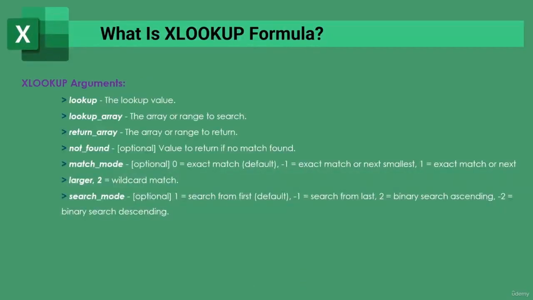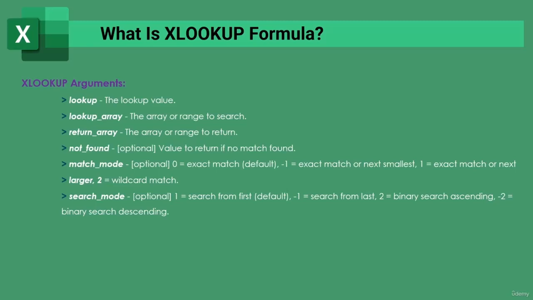So the Xlookup arguments are: lookup value, the value to look up; lookup array, the array or range to search from; return array, the array or range to return the lookup result. If not found means the value to return if no match is found. Match mode is optional: 0 is exact match, -1 is exact match or next smaller, 1 is exact match or next